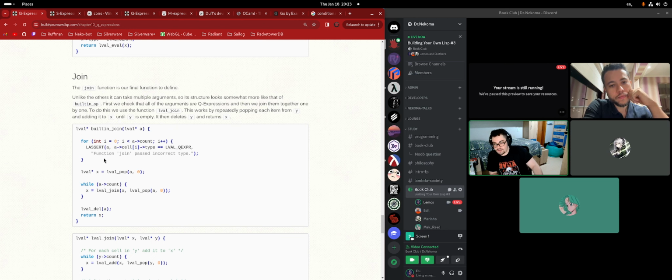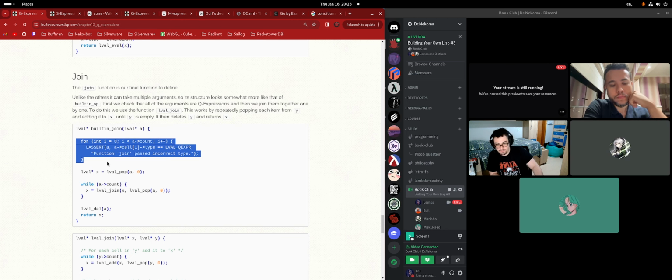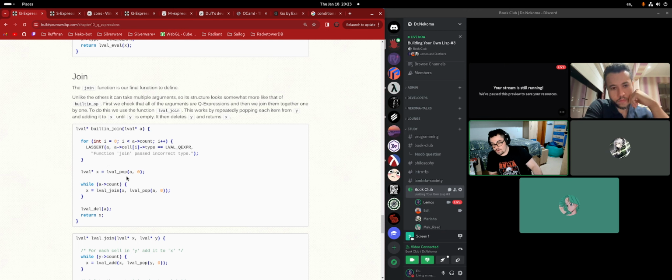So after we check that all of them are Q expressions, we pop the first, right? You're basically removing the one at the zero position, getting the first one, and then you're recursively continuing.